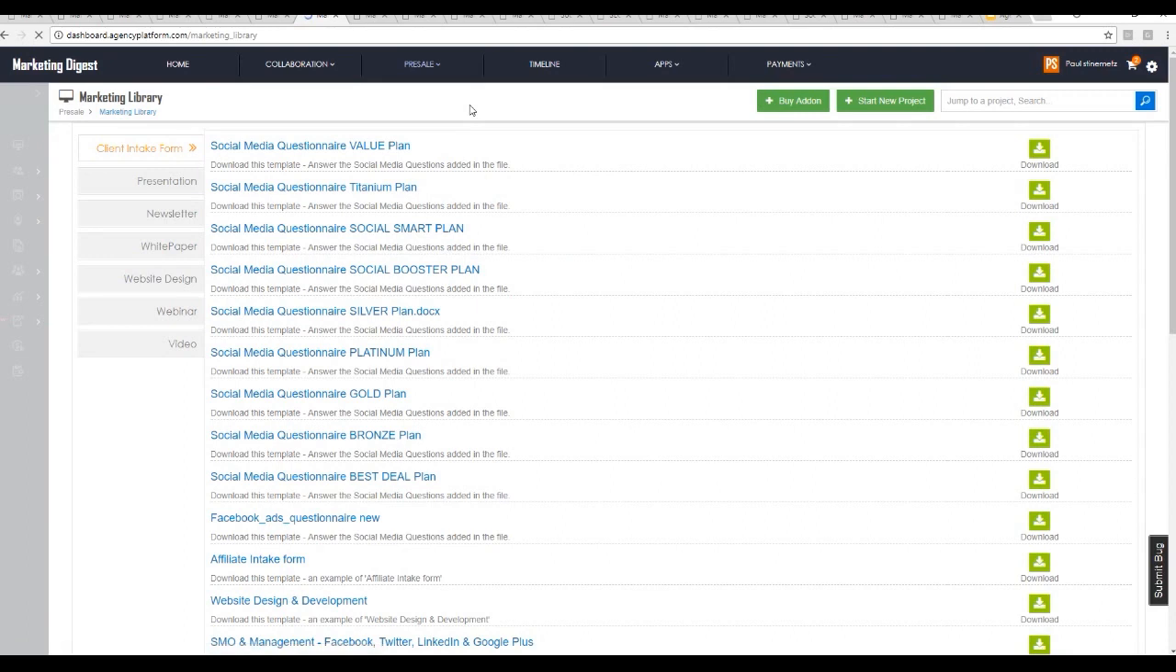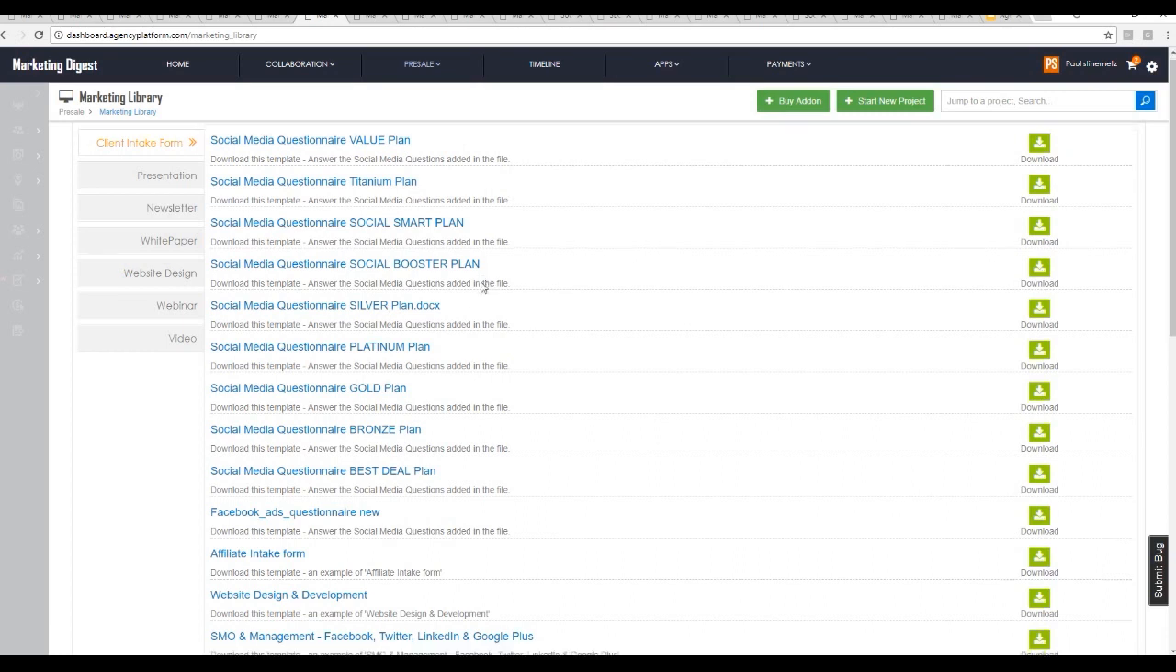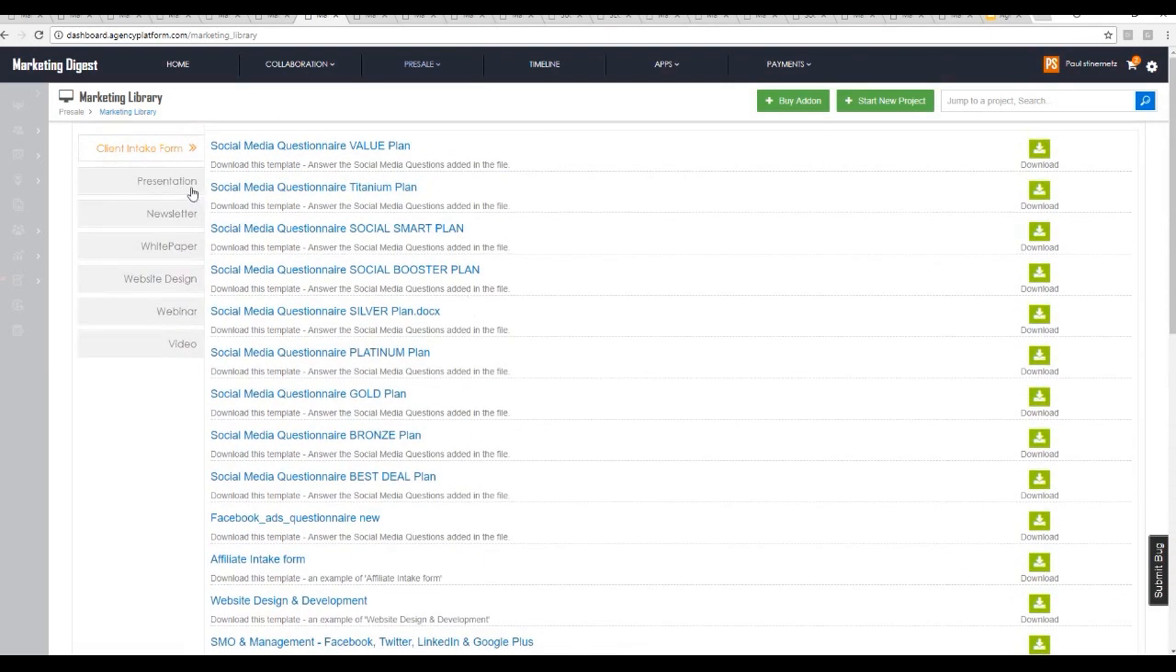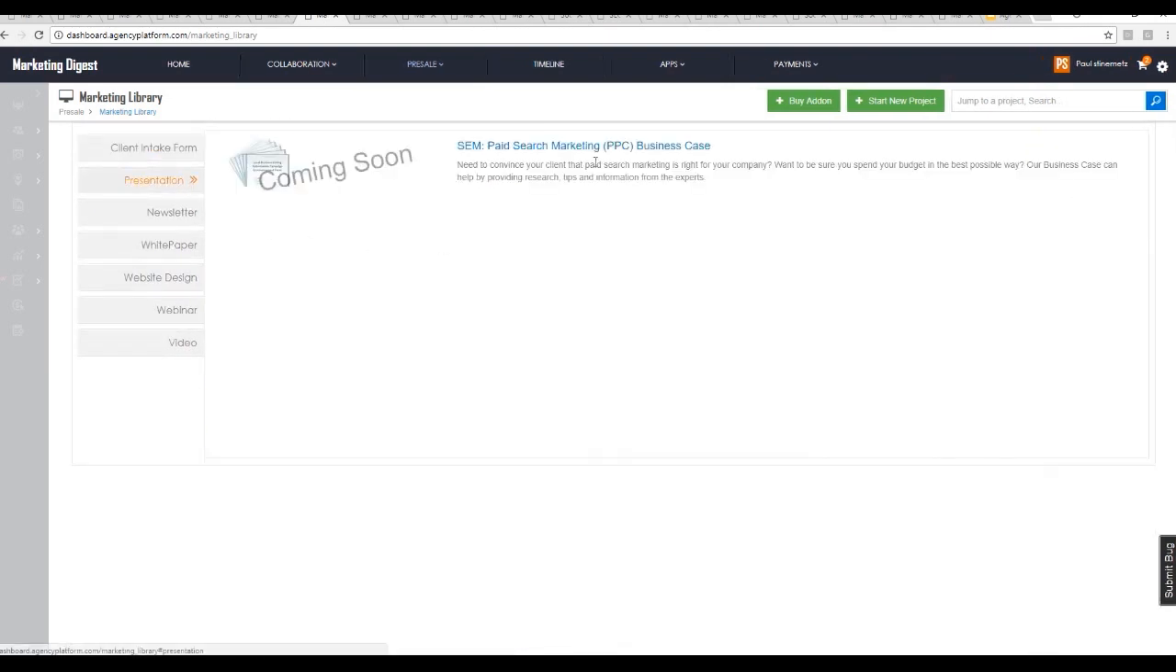Now, within the marketing library, if you're looking for a client intake form for an intake process, or an intake questionnaire, or the campaign commencement forms, in case you're not wanting to use the white label built-in for the SEO and PPC intake forms, you would come into the marketing library, where you'll find a vast array of all of the questionnaires, intake forms, and commencement forms, and you can download those and use them at your will. If you're looking for presentations, there's one loaded in and more presentations coming soon to help you with consultations